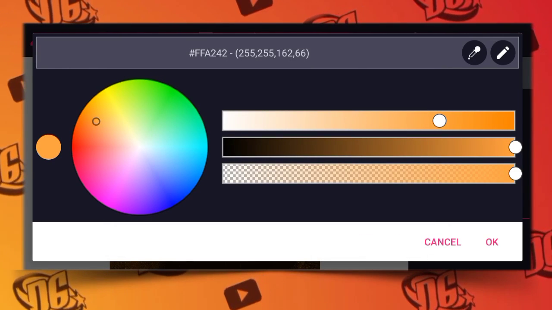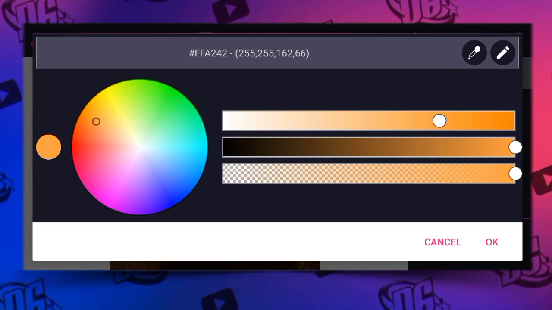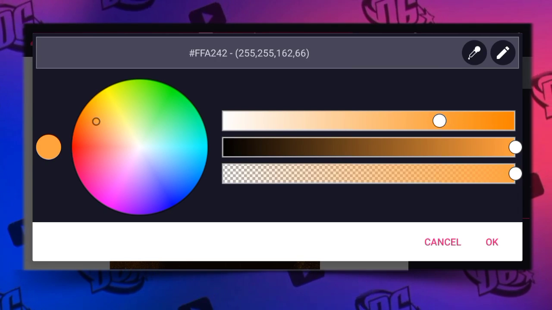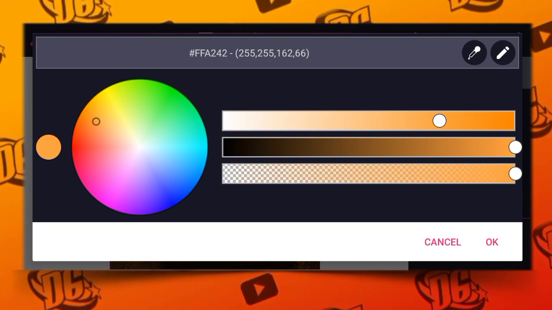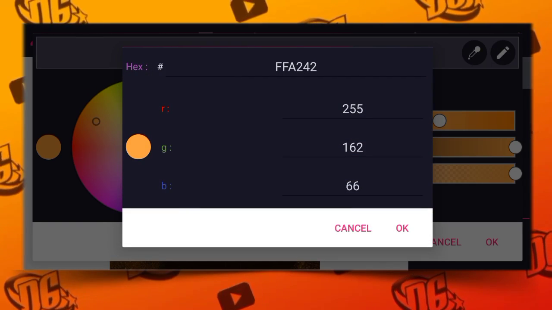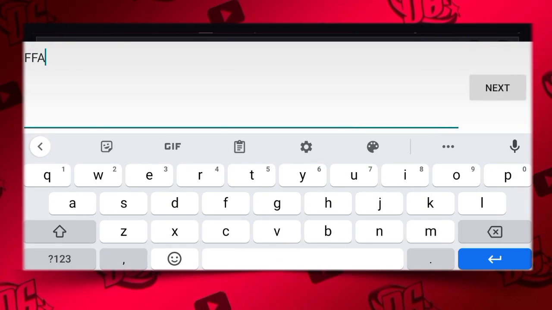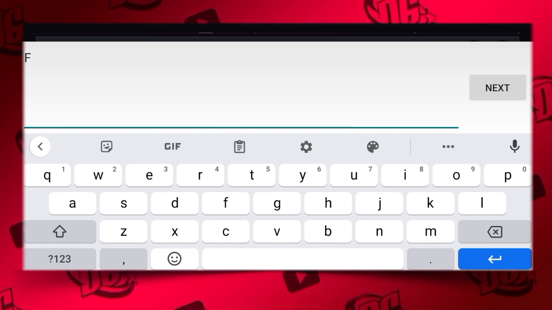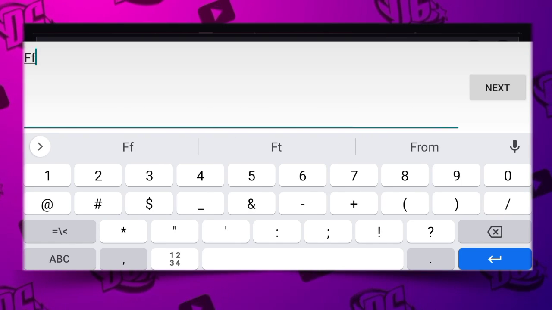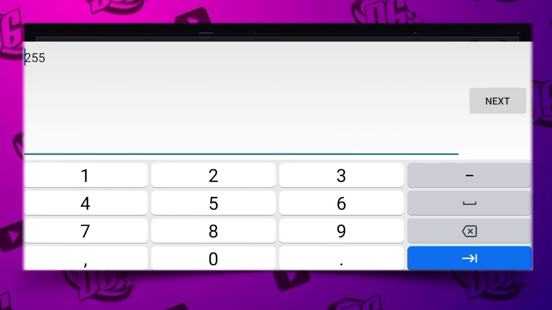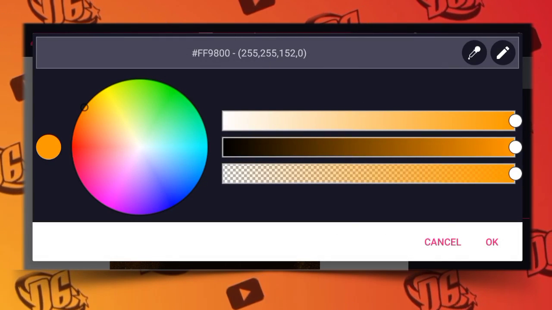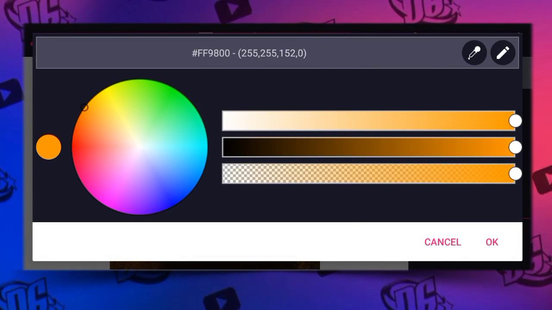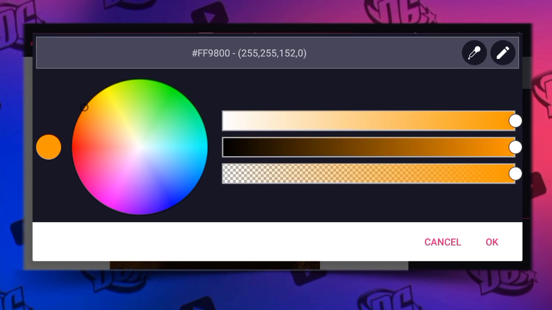Then let's look at it to see if this actually works. If it doesn't work, then let's use FF900, 9800. Does that work? If it doesn't work, let's use